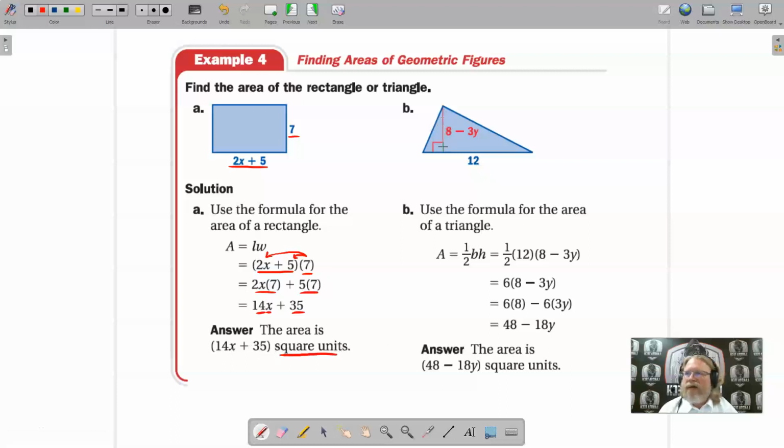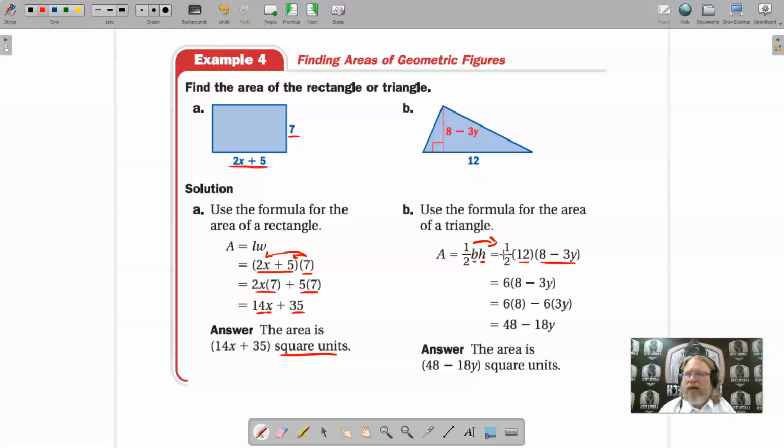On the triangle, let's use the formula for the area of a triangle. The area of a triangle is equal to 1/2 b h, where b is for base, h is for height. So the base is 12. So we're going to bring that 1/2 over. Here's 1/2. We're going to substitute in the value of 12 for the base, and for the height is 8